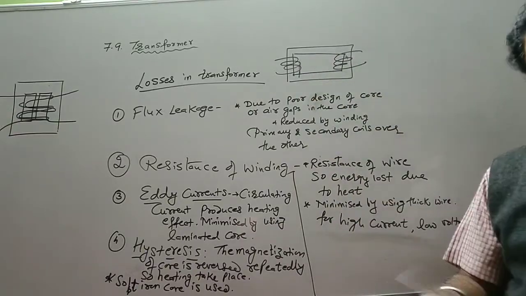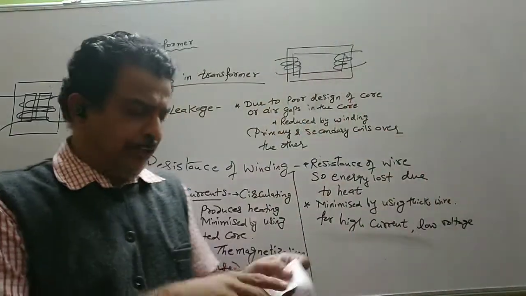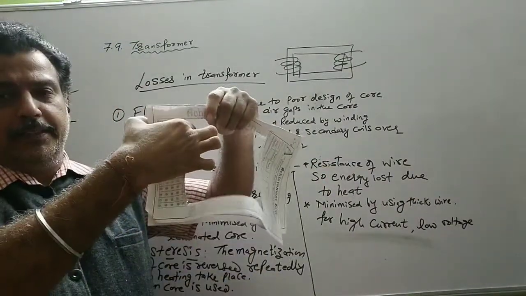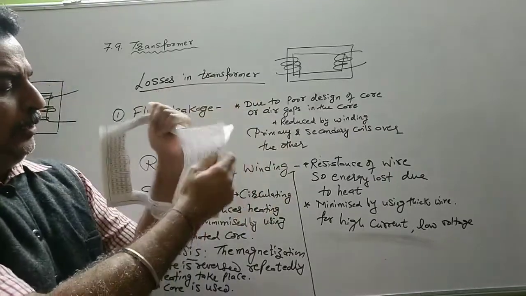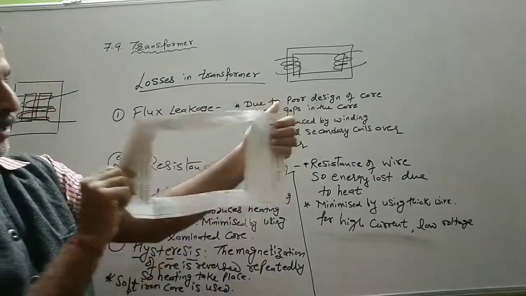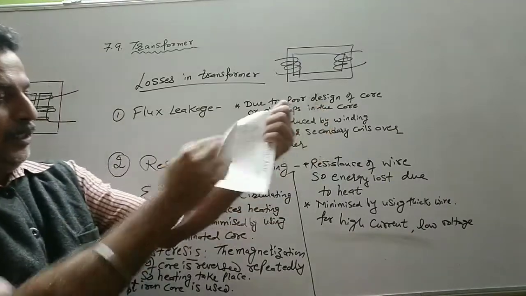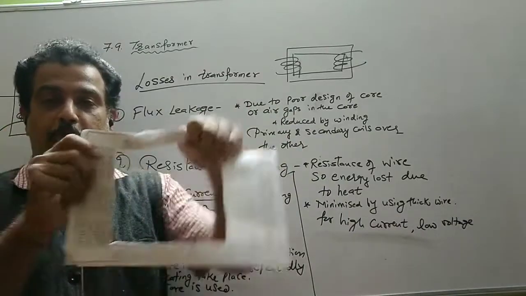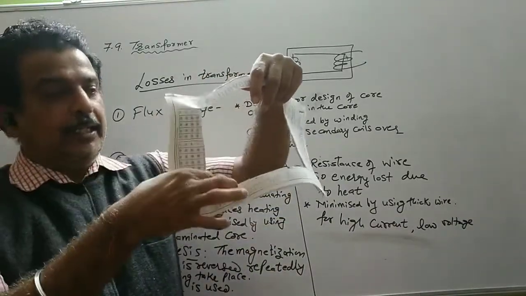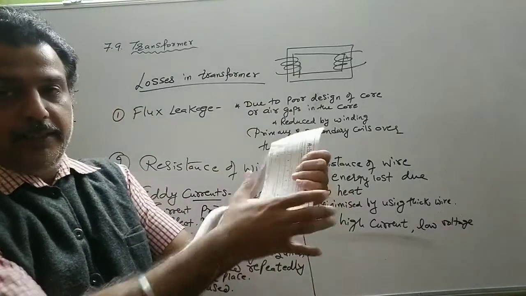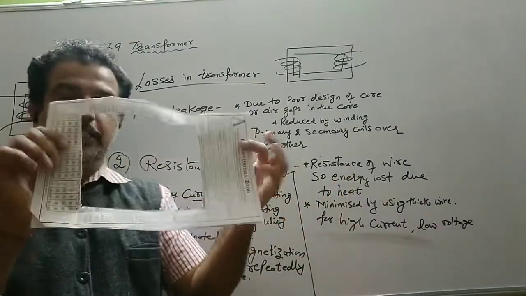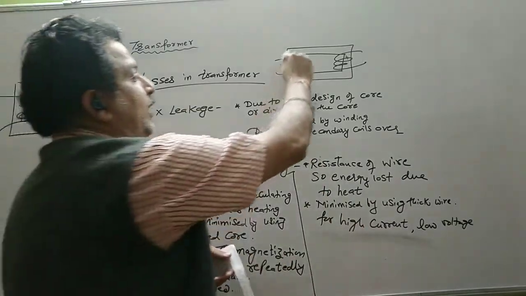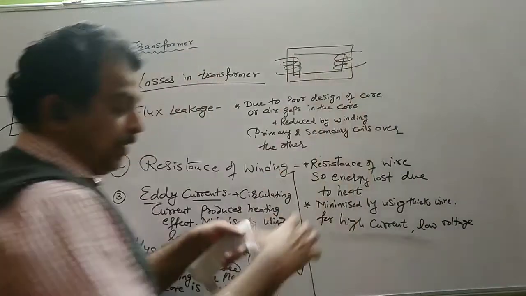So the construction is like this. This is a soft iron core. So the primary coil is wound here, and the secondary coil, the sizes are identical on both sides. So the thickness on both sides is equal. So this is how the coils are wound. Primary coils are wound on this side, and the secondary coils are wound on the opposite side. These are the two limbs of the transformer. We say it is a two-limb core. So all the magnetic flux of the primary gets linked with the secondary.